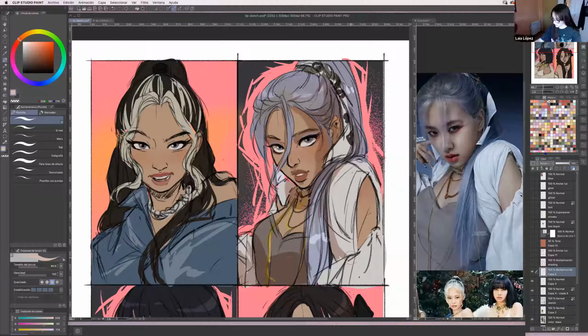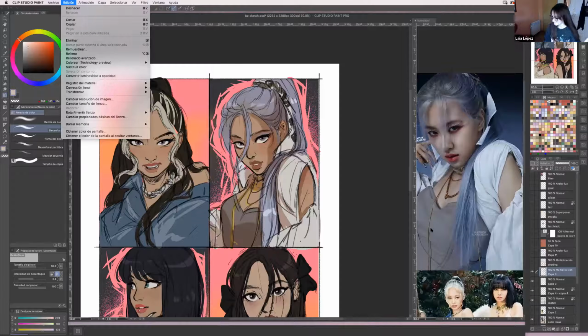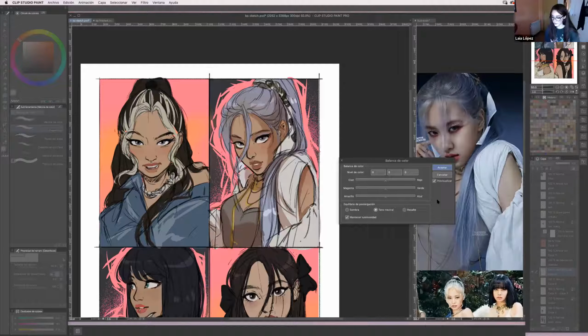And well, as you can see, this is the shading layer. Oh, and what I really like to do is play around with color balance a lot. Sometimes I like to see how it will look with maybe a blue shadow or a purple shadow. I just go to tonal correction and color balance. It gives us these 3 options: shading, neutral tone, and illumination, I think. I only touch illumination because all the other ones are way too dark.